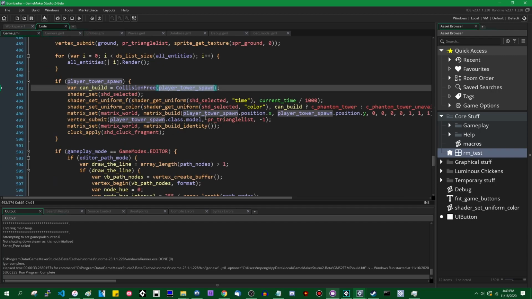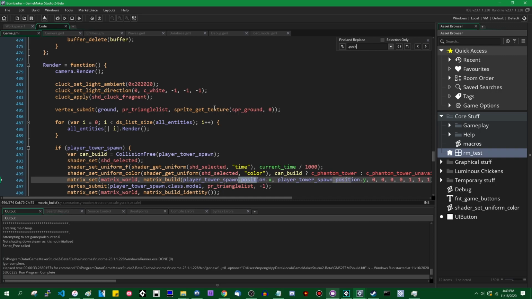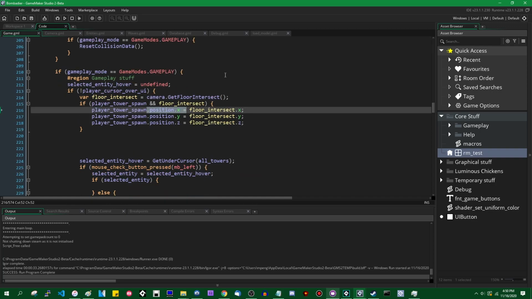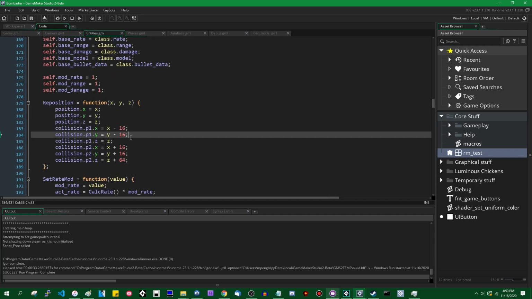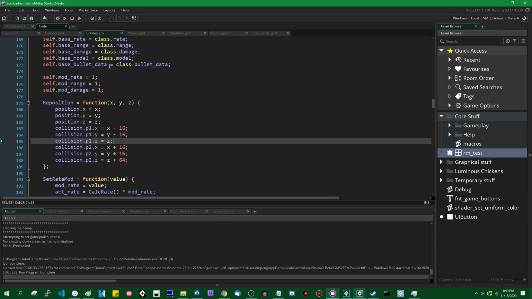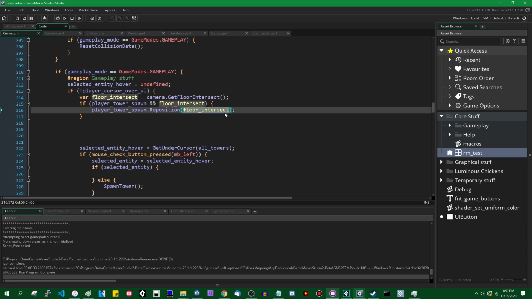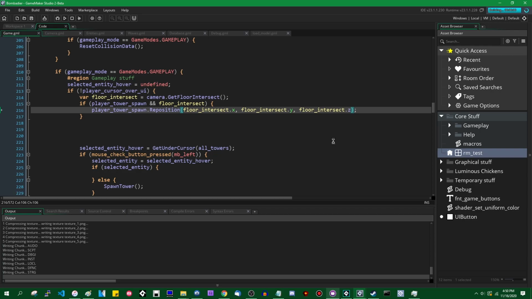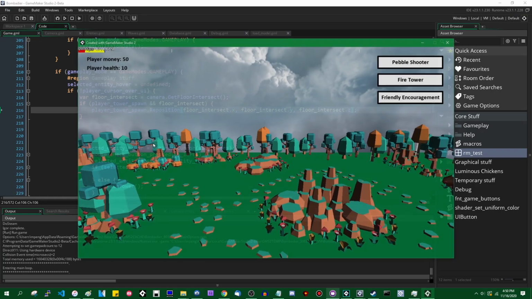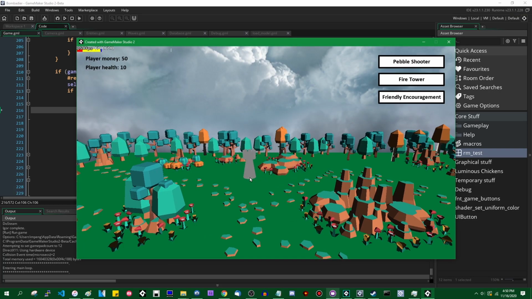Okay, over here, I will call reposition. There. Looks like it should be good. Oh, it takes an X, a Y, and a Z. Not a vector. Like that. That should be good. That's also less code than I had before. That makes me happy. Alright, let's